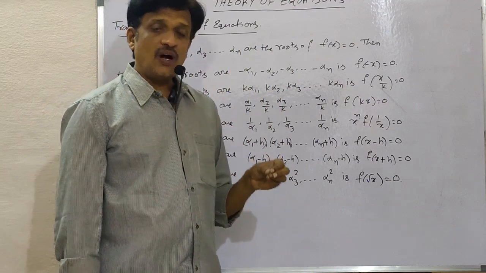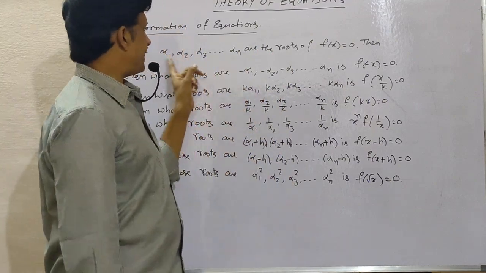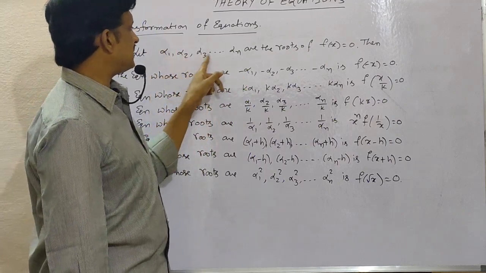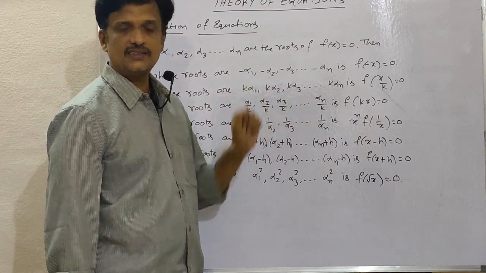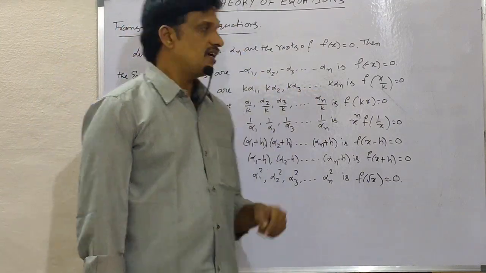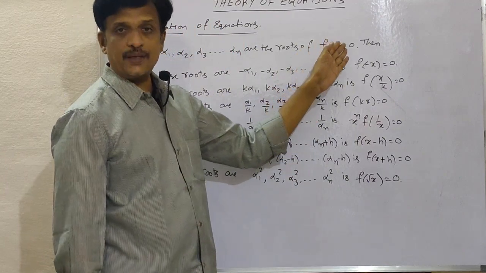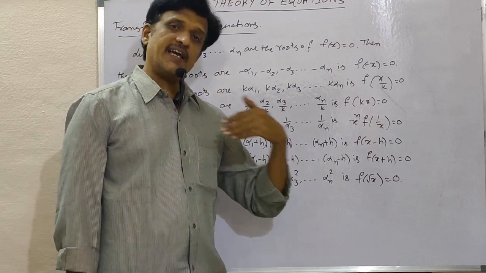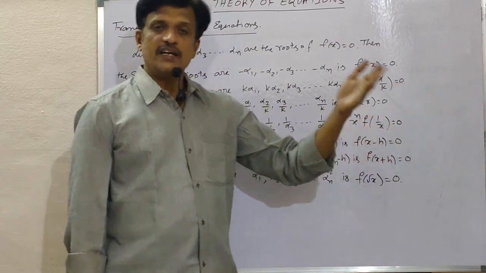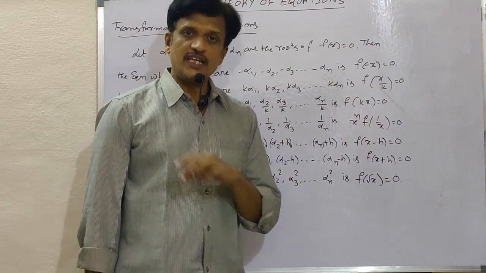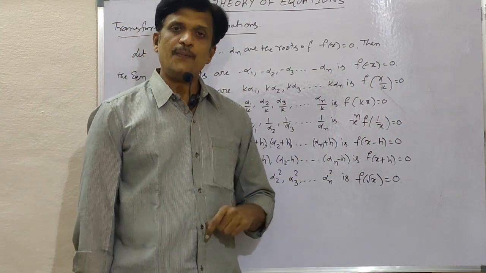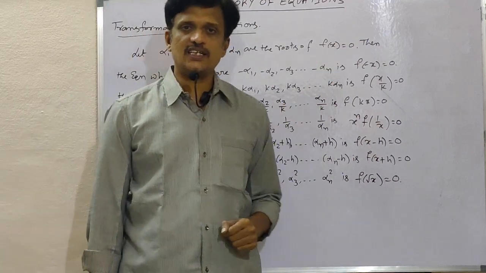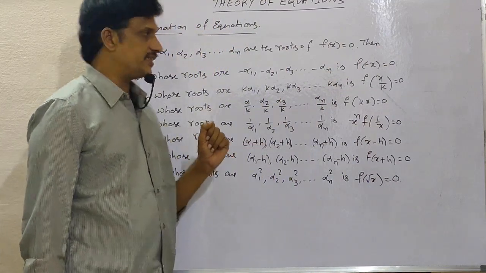And now, what is the equation whose roots are the negatives of the roots of the equation? Means whose roots are minus alpha 1, minus alpha 2, minus alpha 3 and so on, minus alpha n. To write this equation, first we need to solve this nth degree polynomial, then we get these roots, then consider the negatives of these roots, and again form the polynomial with the corresponding roots. Instead of doing that, we have a few theorems in theory of equations. With the help of these, we can write the required equation without finding the roots. Just observe this concept.